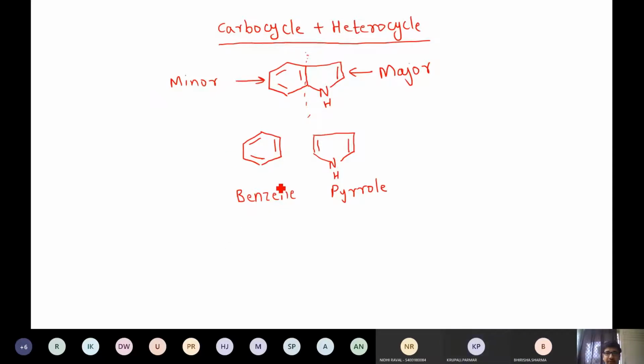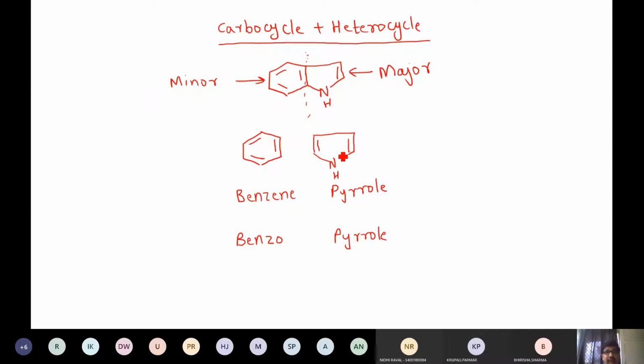Now, as I told you, since this carbocyclic ring is considered as a substituent, you can call it benzo. And since this is a basic ring, you can retain pyrrole. Now the trick is to define where they are attached to each other. So basically the next thing is to define where these two rings are attached, right?